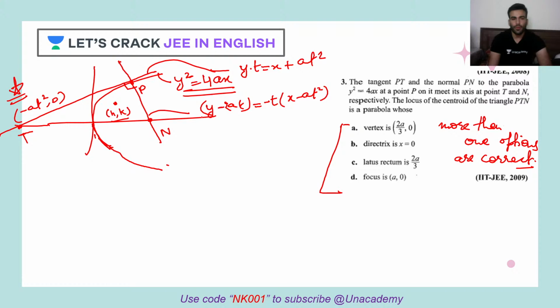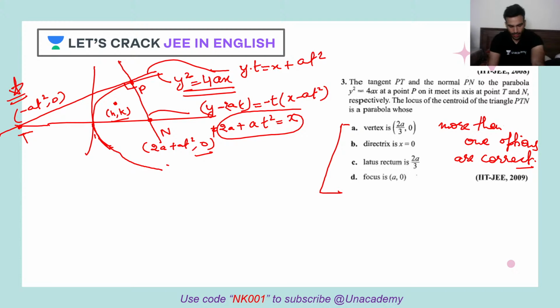Okay, so here again it is cutting on the x-axis, so y will be 0. So I'll have what? Minus of 2a, and then minus will get cut. So I'll have only 2a plus at square. Your x coordinate. So the coordinate for this point is 2a plus at square comma 0. Yes, they're absolutely right. Answers A and D are correct.